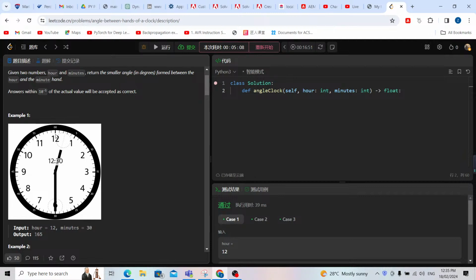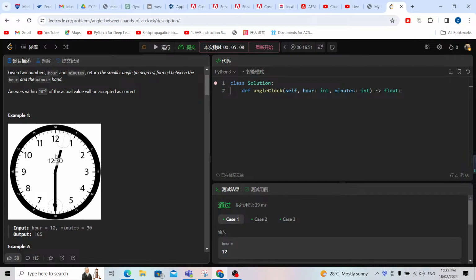So we're going to solve this problem the easiest way. We're going to find a reference. This 12 o'clock, or 0 and 0, will be the reference. I'm going to calculate how many degrees between the hour hand and this 12 or 00 position. And then I'm going to calculate how many degrees between the minute hand and this position, but this will always be